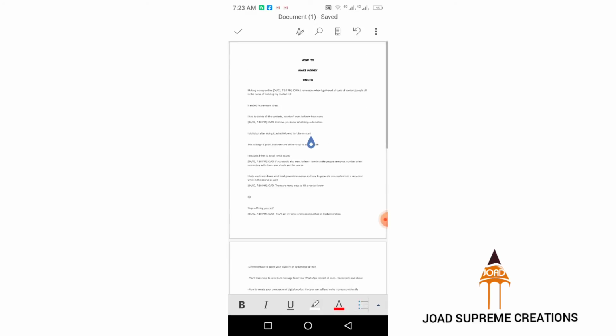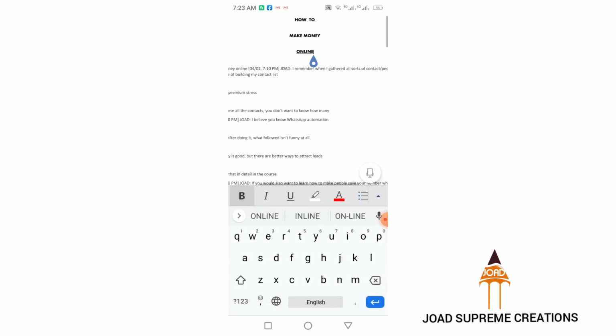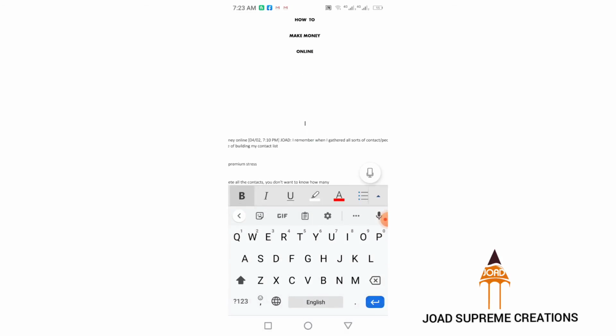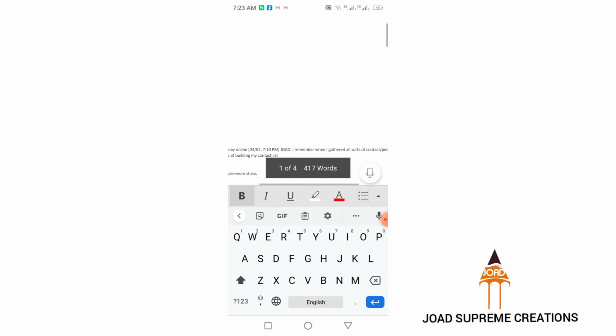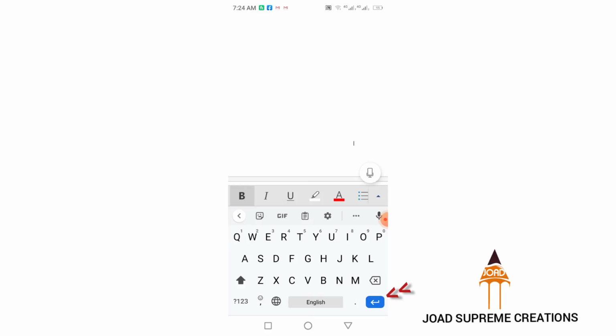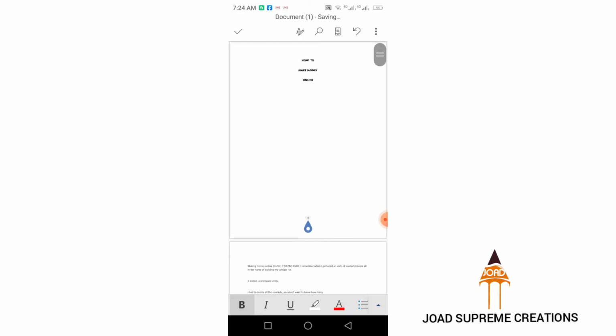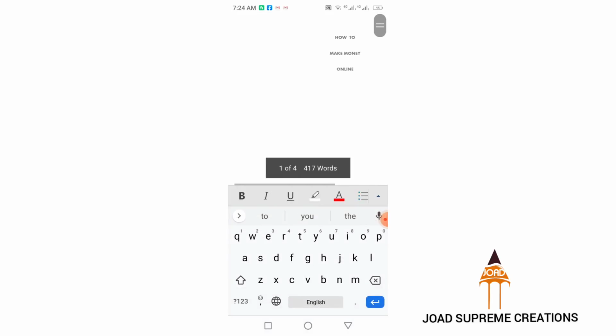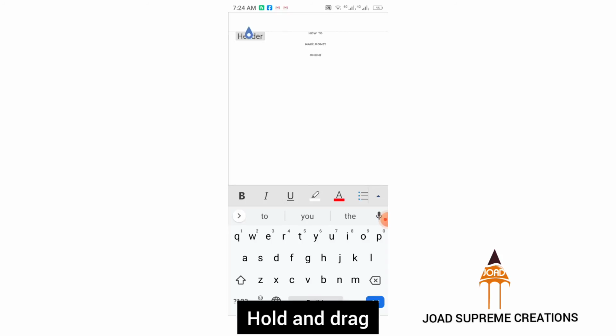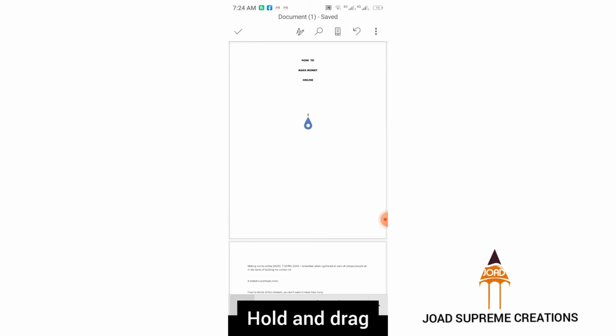So now let's say I have this already, and I want this one to be my title. So what I'll do is just to bring this one down. I'm tapping my enter button. So tap this one down. So now you can see it looks so small. So now you just highlight this one. You highlight this one,